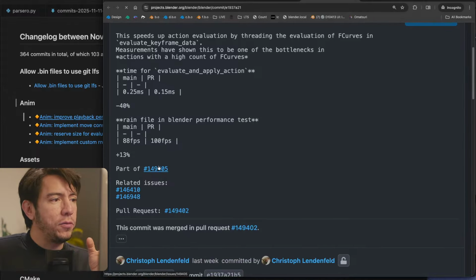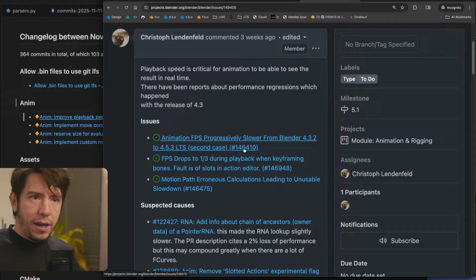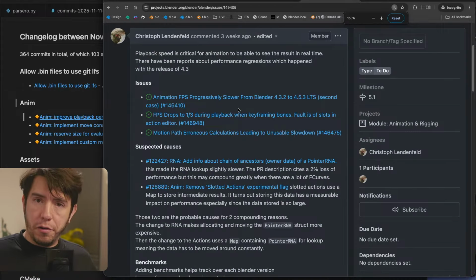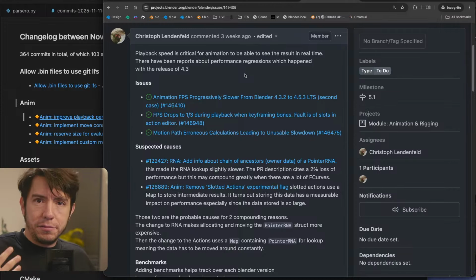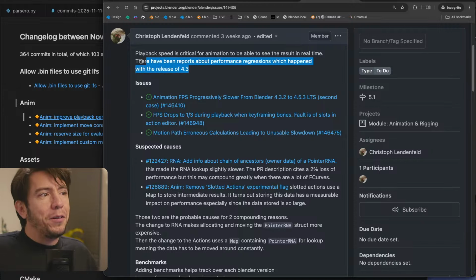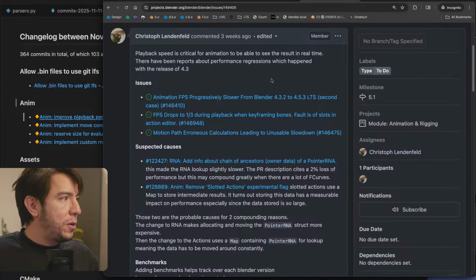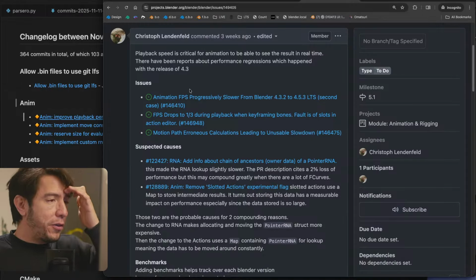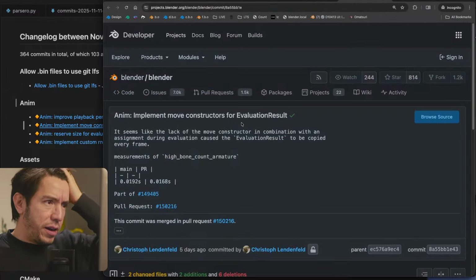And this is part of, I think I mentioned this a few times, a big effort in the animation module to improve the performance, right? No matter how good your tools are, if it's not fast and performant at the speed that you want, or even compared to how it used to be in the past, then it doesn't help. So 5.1, that's the goal for this performance improvement. That's nice. And I think all the others are also related.